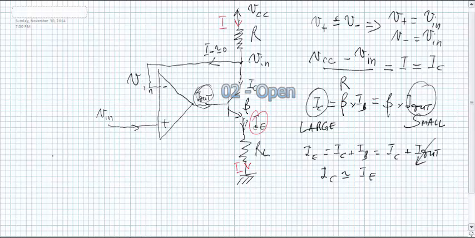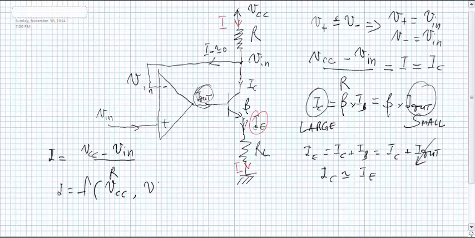I, which is the current flowing through the load, is equal to VCC minus Vin over R. So I is a function of our power supply, our input voltage, and of R. Notice that I has nothing to do, our current has nothing to do with the voltage. We're going to call it here